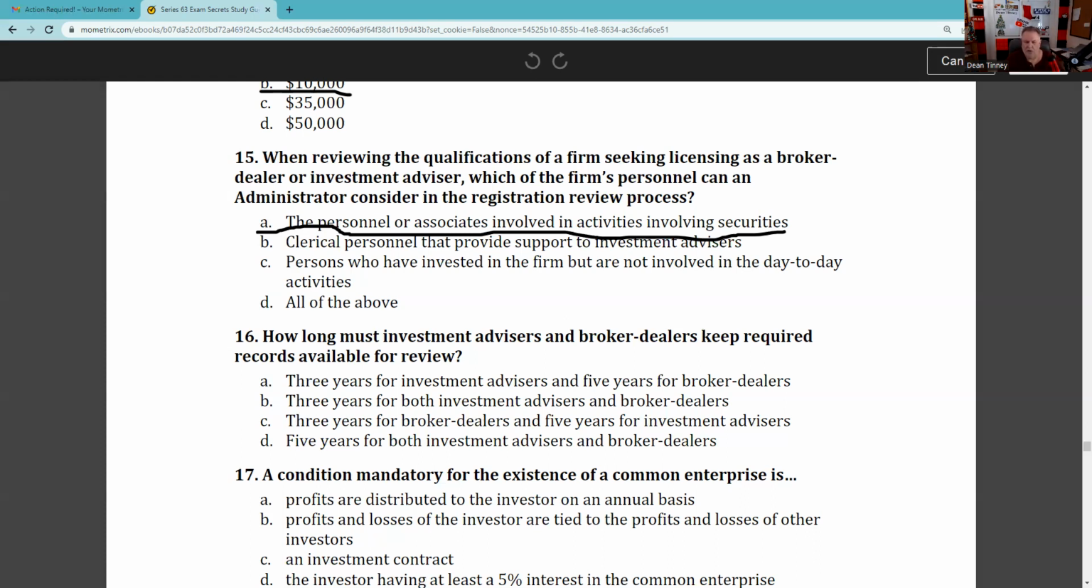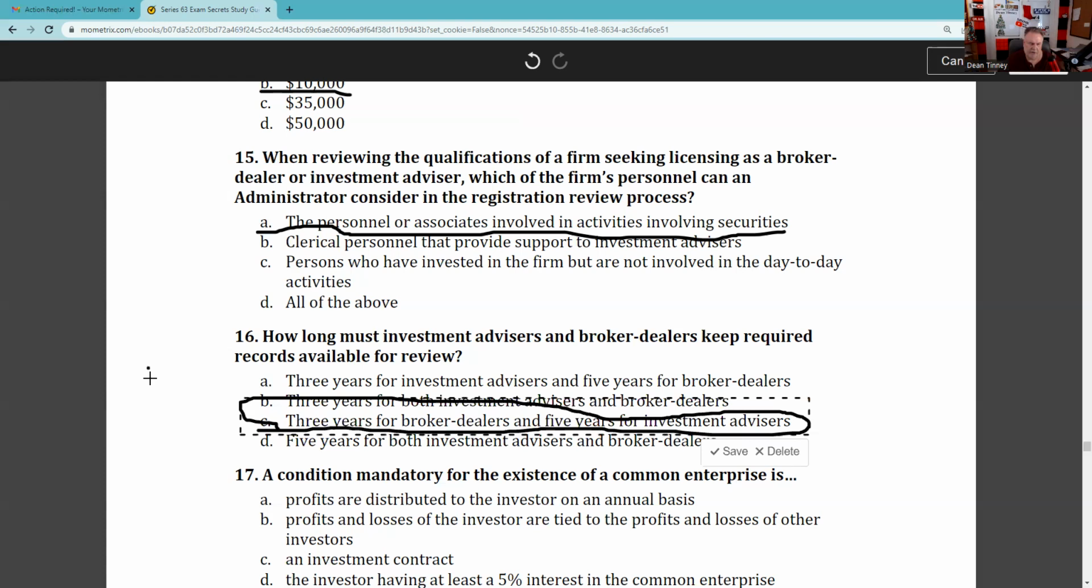16, how long must an investment advisor or broker-dealer be required to keep records for review? I like this one. The answer is C. I'm hoping you're keeping 4x6 cards or a notepad, and for questions like this where Dean just tells you TQ, it doesn't mean you're going to get exactly a test question on it, but you're going to get something around that testable